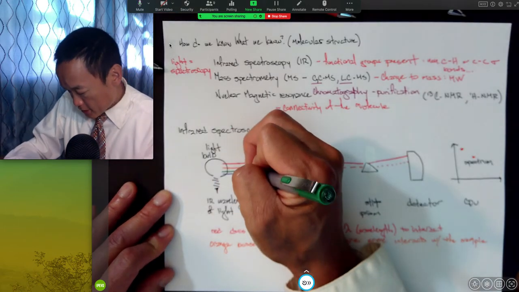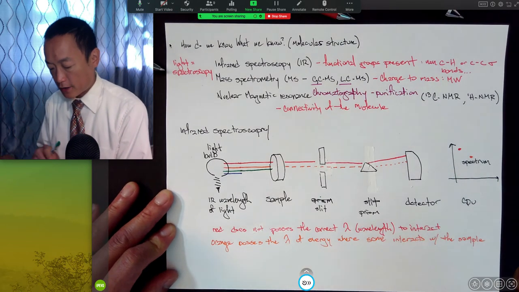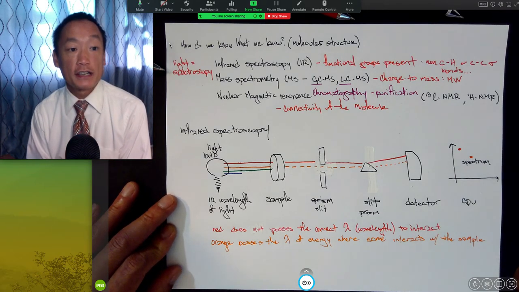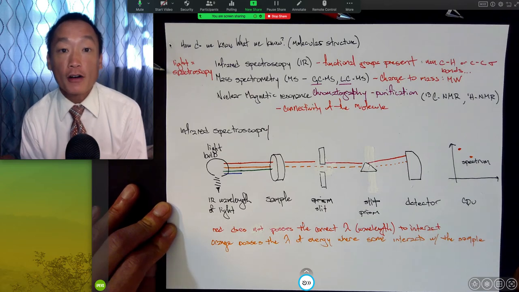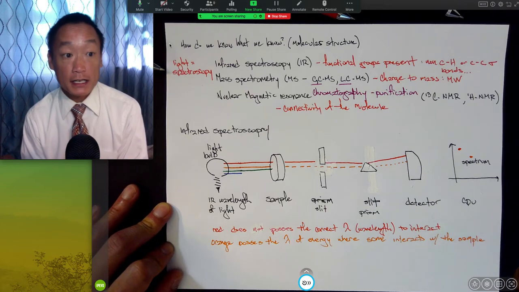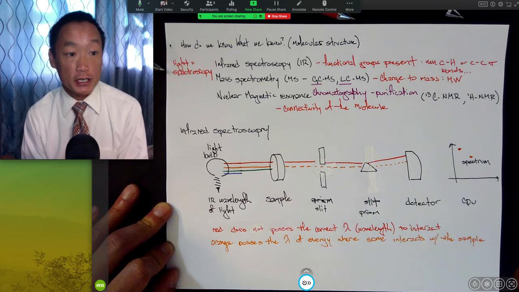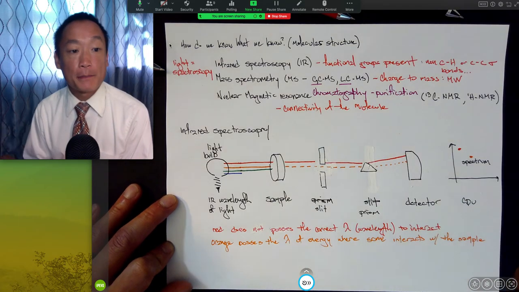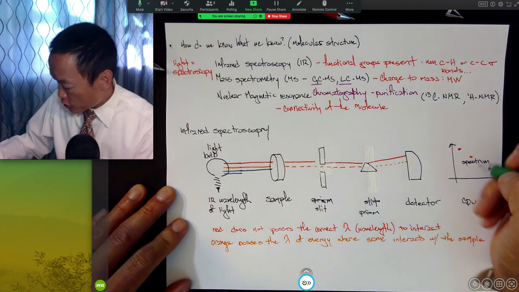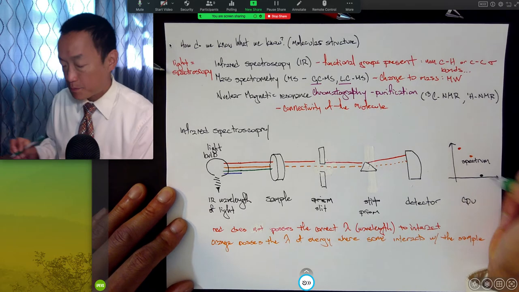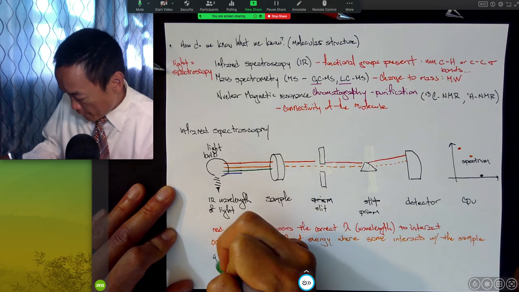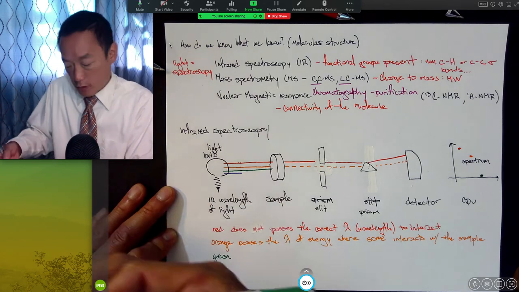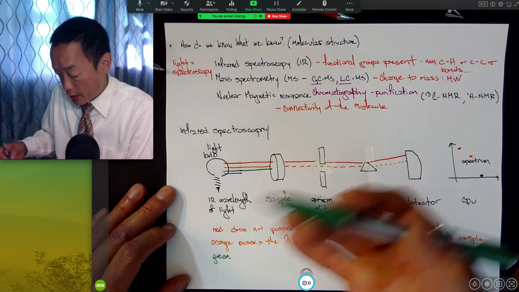Look at this. That green wavelength of light hits that sample, and all of that energy is absorbed by the molecule. All of that energy is translated into some molecular motion inside that molecule, and all of a sudden none of the light makes it back through, and that means that it's going to appear somewhere else in the spectrum. Okay, so green wavelength, and again, it's not color, but you get the idea. Different colors are different wavelengths, and so different wavelengths here are represented in the IR range by different colors.